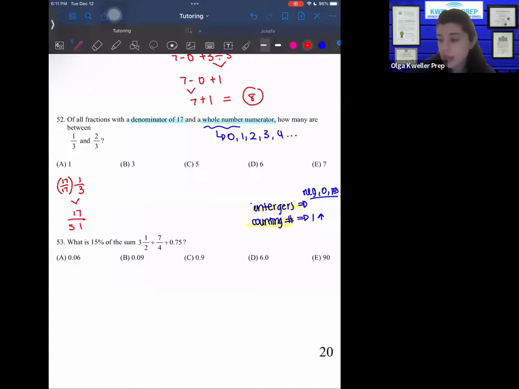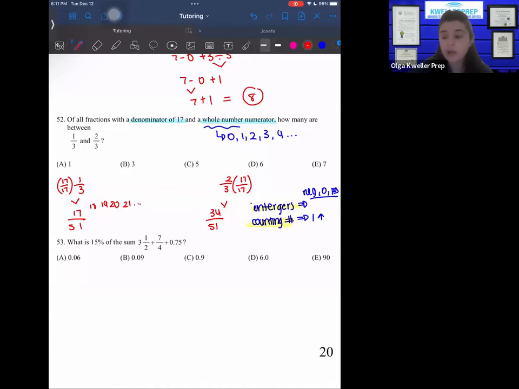And then on this other extreme, I have 2/3. I also want this to be in terms of 51, so I'm going to multiply the same thing, 17 by 17. And this gives me 34 out of 51. Okay, so now what's going to happen? Now I have a bunch of numbers in between, right? I have 18 out of 51, 19, and 20, and 21, and so on and so forth until 34,